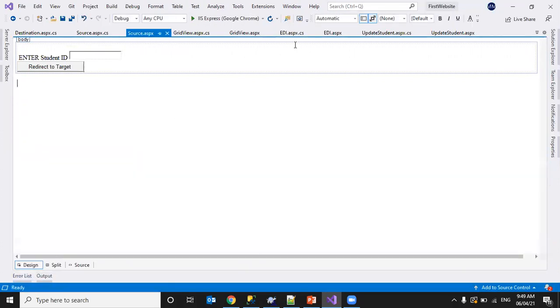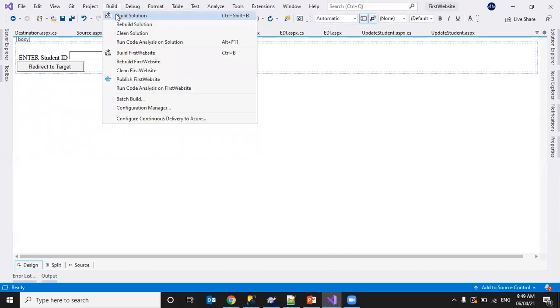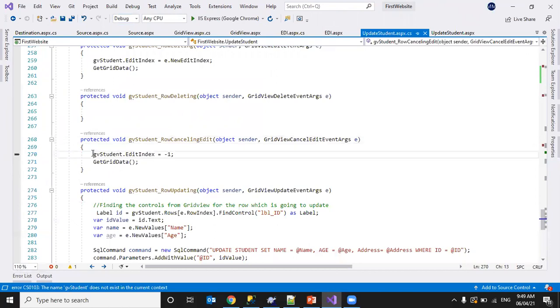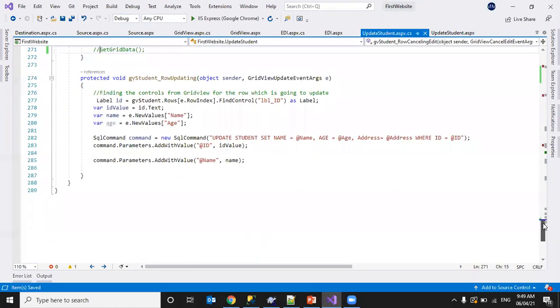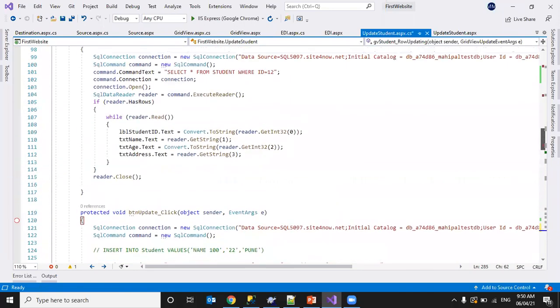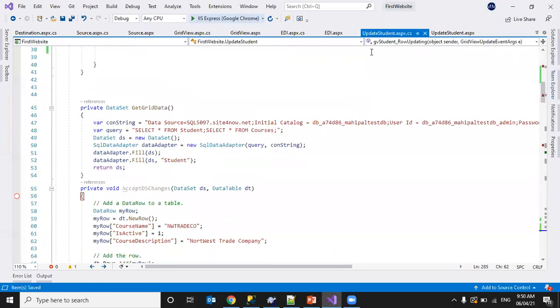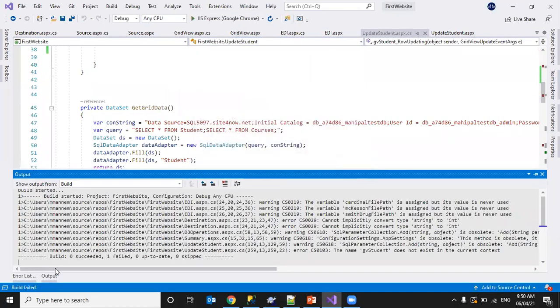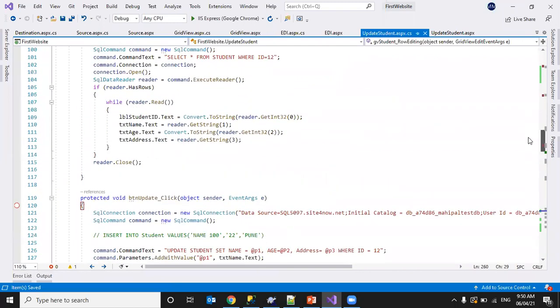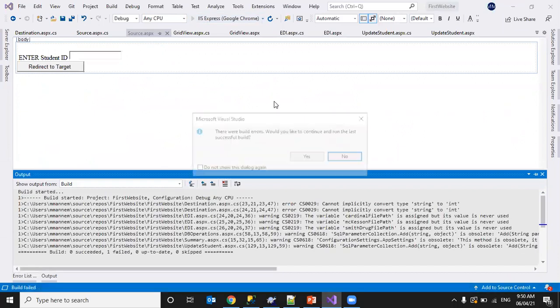This student grid view does not exist, because I deleted the grid view.